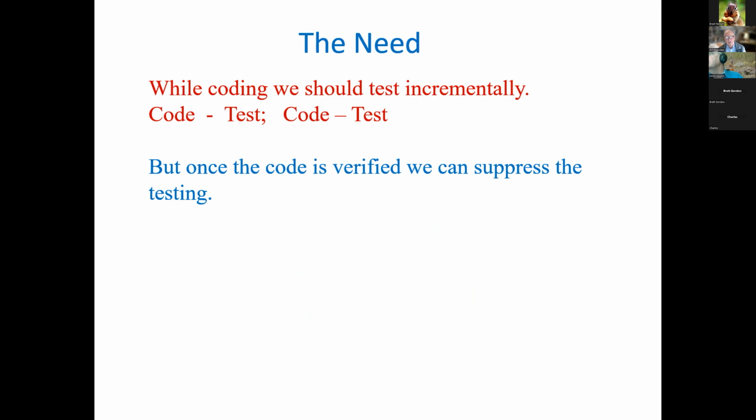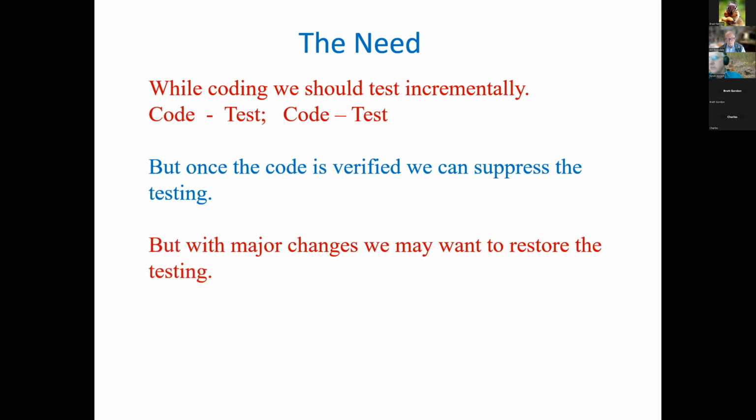So selectively, we want to activate our test routines and then skip over them and bring the test sequence only to the latest code. So we need an adaptive selection done before testing. However, if we make a major change somewhere along the way, maybe we go back way early in the code and we make an early change, we want to restore the full testing for